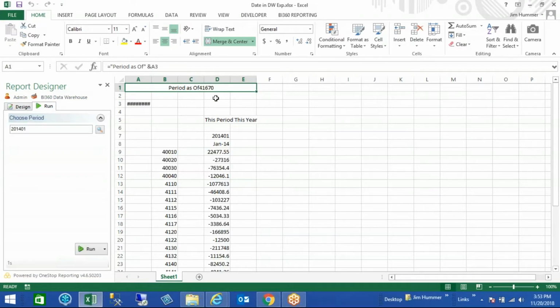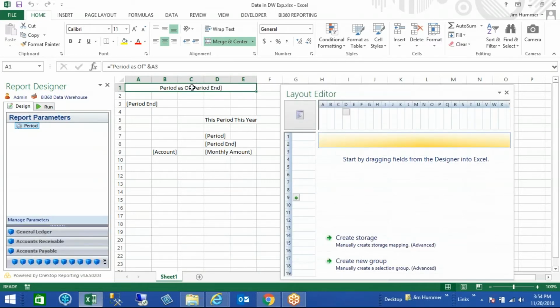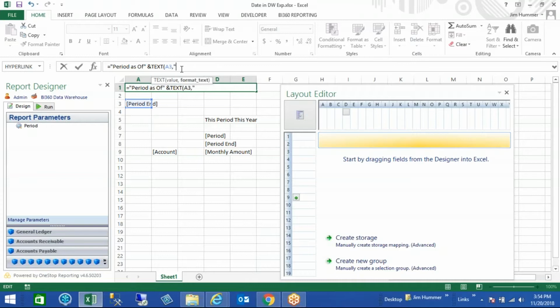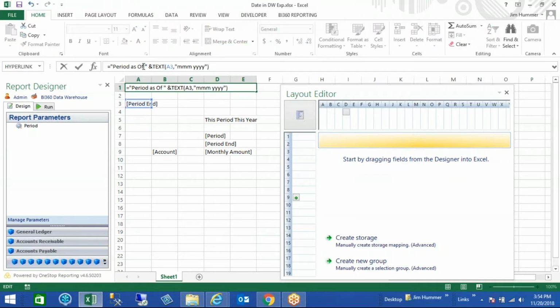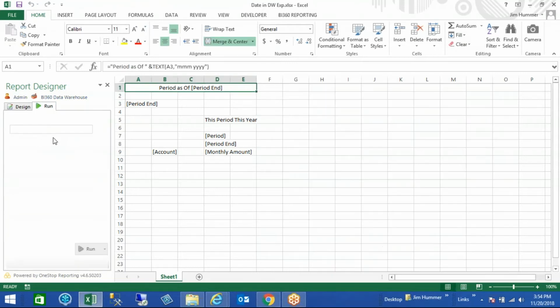Let's see what that does. I run this, and it says 41670. That is a serial date, because you can't combine text with dates. You can't combine different types. So you have to do a conversion, and we use the TEXT command. There's my value A3, then a comma, and then I use custom Excel formatting: I can use 3 M's and 4 Y's. I'm also going to put in a space here to make this look good. Now if I run this,